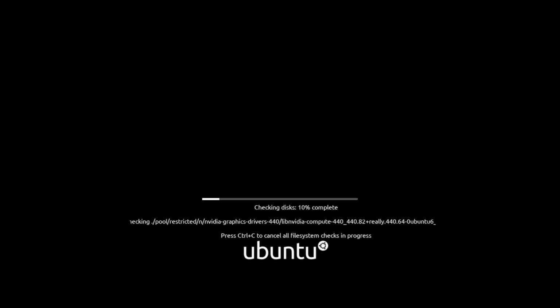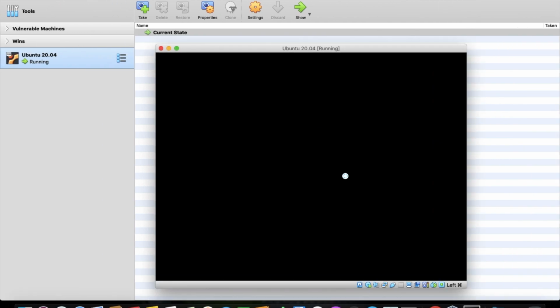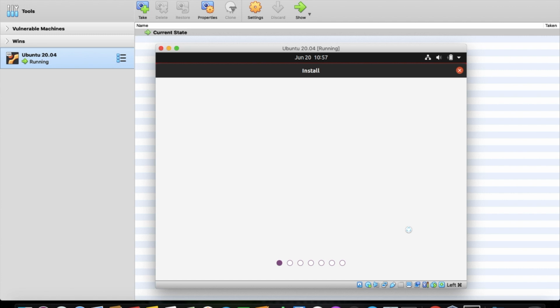It is checking the storage file system. So we have two options.